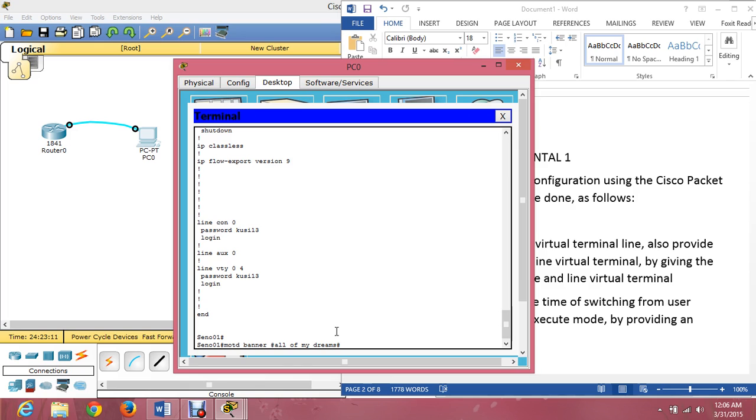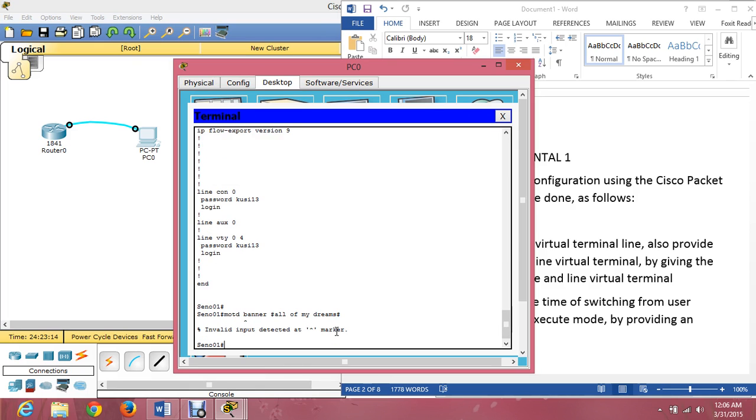If it's ready, just enter. Invalid input detected. We just type banner space MOTD space, the symbol, and our information. It's free. Example, all of my spirit is you. It's just an example guys, and finish with the symbol. Enter.